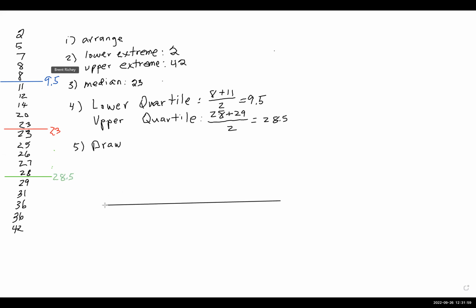Just like when you drew the histograms, you had to make sure you started low enough and then ended up high enough. So I'm just going to call this beginning part 0. That definitely includes everything. And we got to go up at least to 42. So I just said 44. I said 44 because it was going to be easy for me to draw my little lines in between.